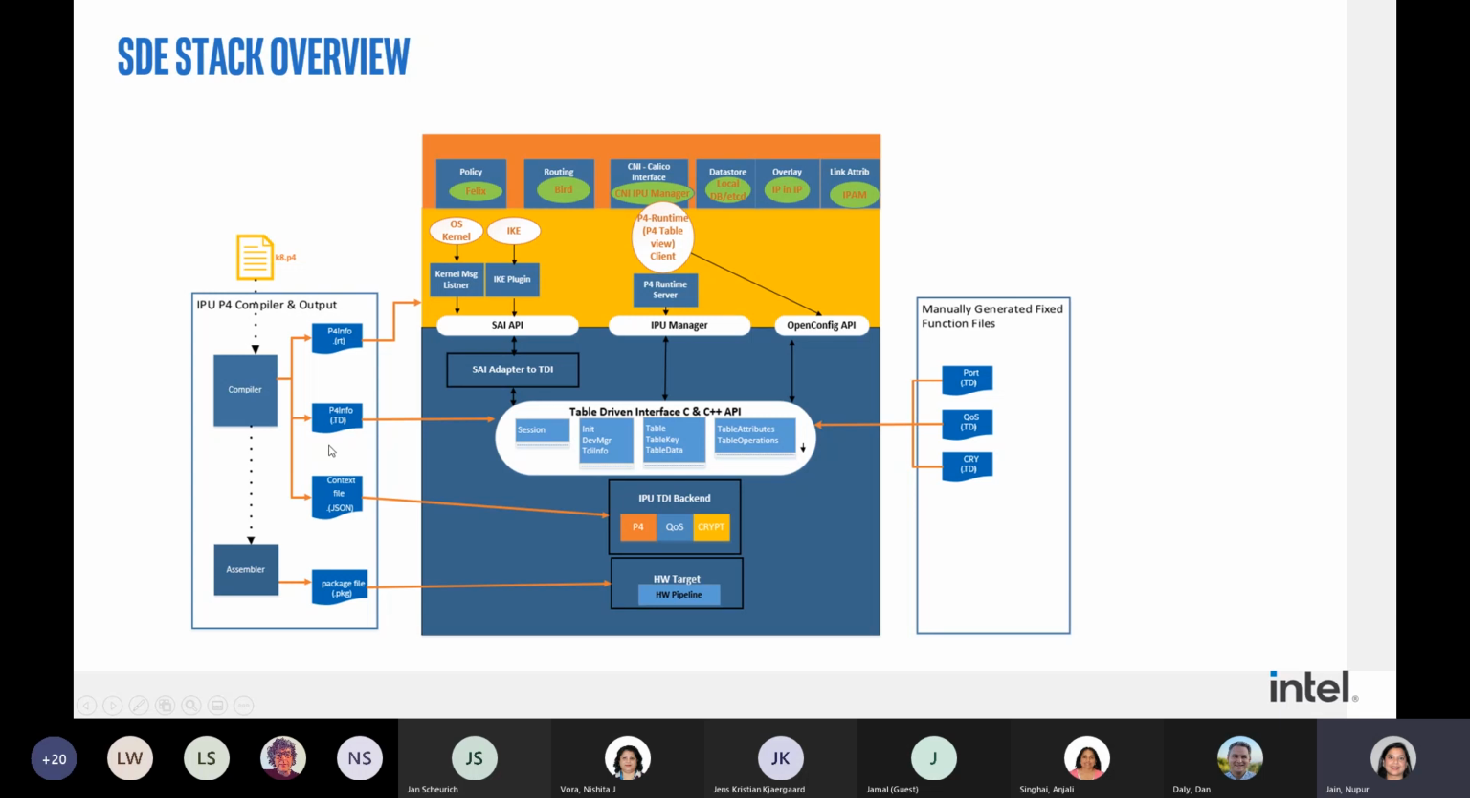And then there are some user space description files which are created, which give a logical view of the hardware mapping of resources to tables. This particular file is consumed by what is called the IPU manager, so that it has an idea of what table structures it needs to program. And when the API calls come in from the control plane, shown in orange up there,